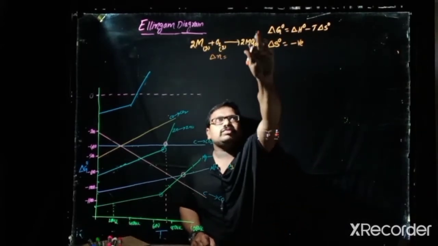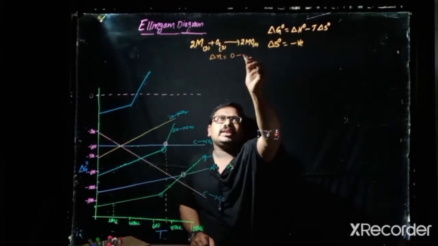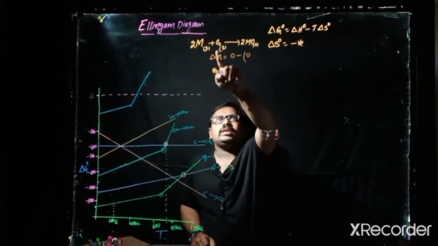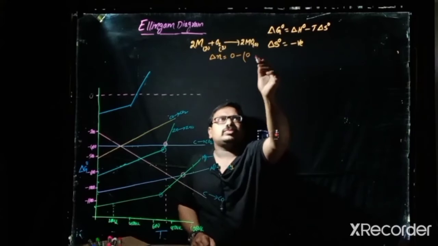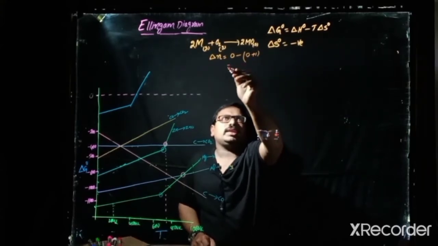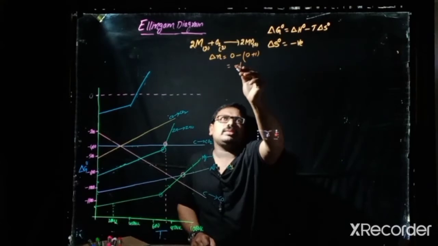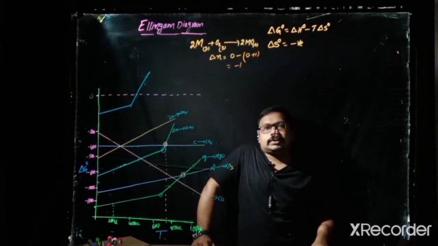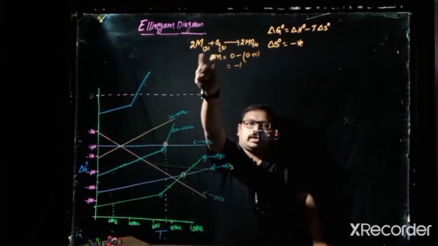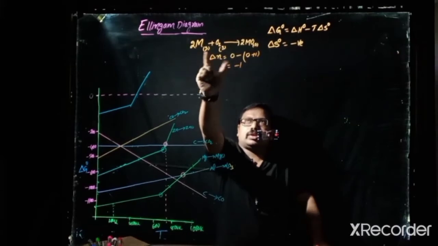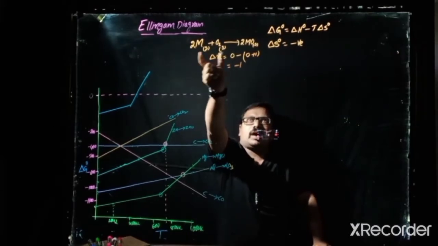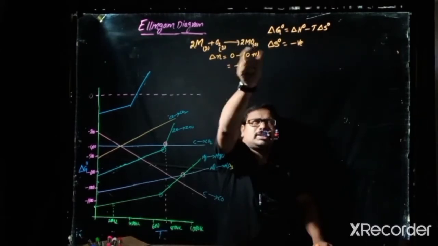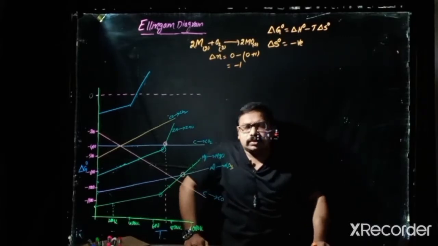Why? Because this will be a solid, we are not considering it, and on this side this is also a solid, we are not considering that, and this will be a gas, so that we have to take. So finally we are getting that the change in number of moles for this oxidation of metal will be negative. So that is the reason why less randomness will be there after the oxidation of metal. That is the reason why the change in entropy is negative.